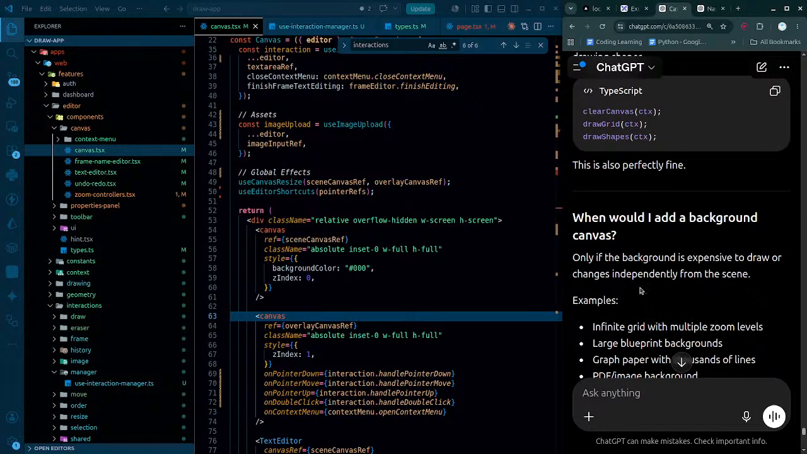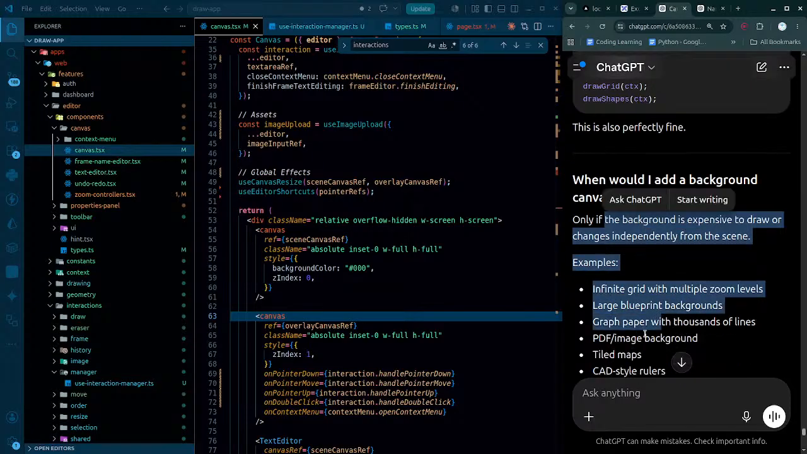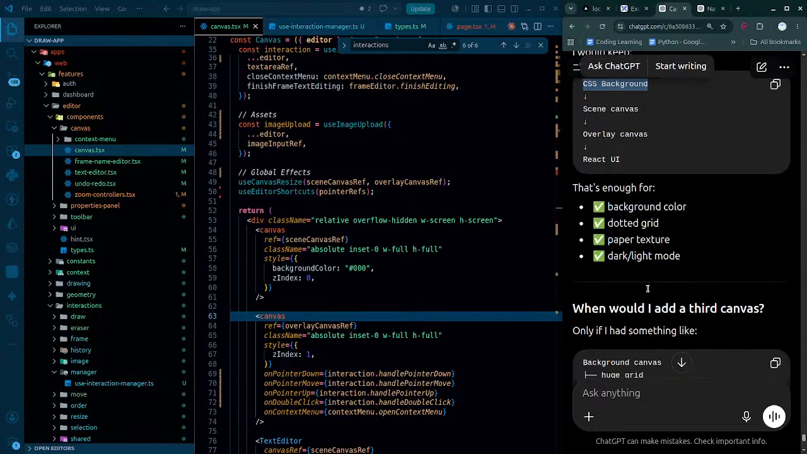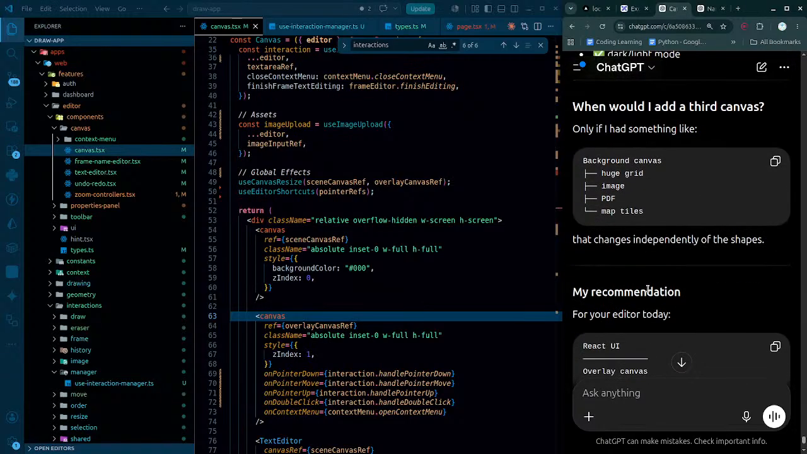When would I add a background canvas? Only if the background is expensive to draw or changes independently from the canvas. Then, for Excalidraw, I would keep CSS background, scene canvas, overlay, React. So CSS will be handling the background, and that's enough for now. Great. When would I add a third canvas? Only if I add something like a background canvas, huge grid, image, this